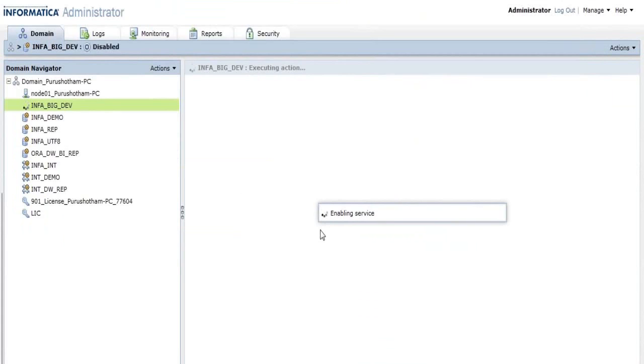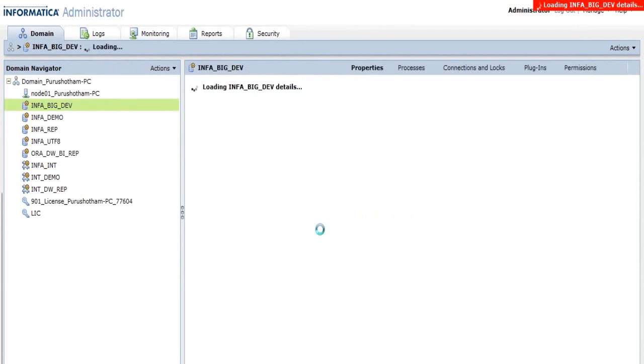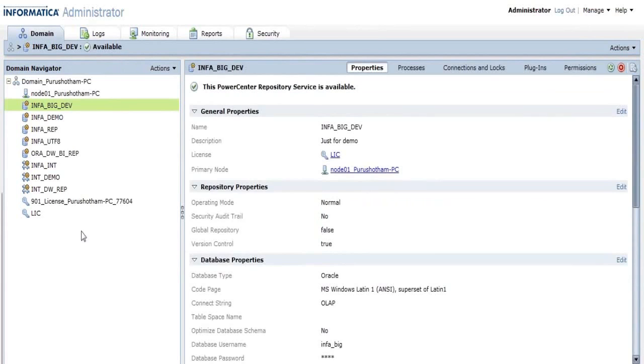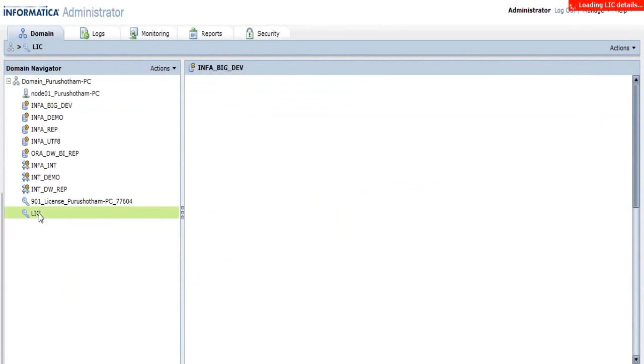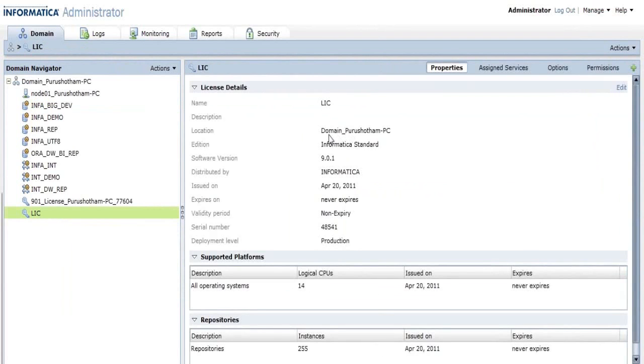Under a single domain, you can have n number of repositories, and that's based upon your license. When you are buying it, based upon the license number, you can create that many repositories. If you have to see how many repositories you can create and what your license is all about, you can see here.